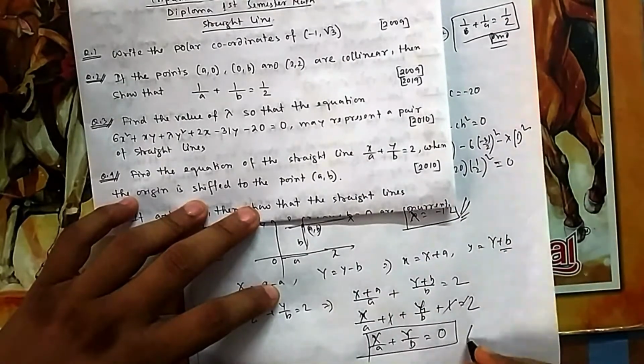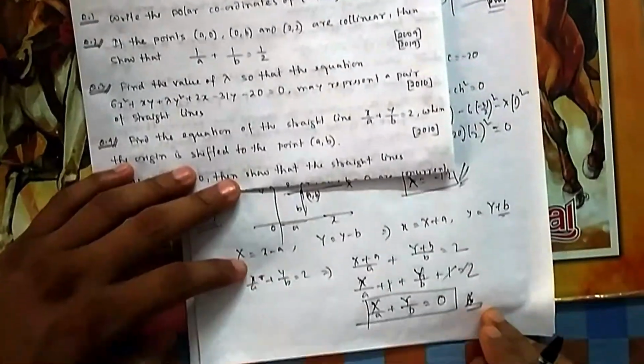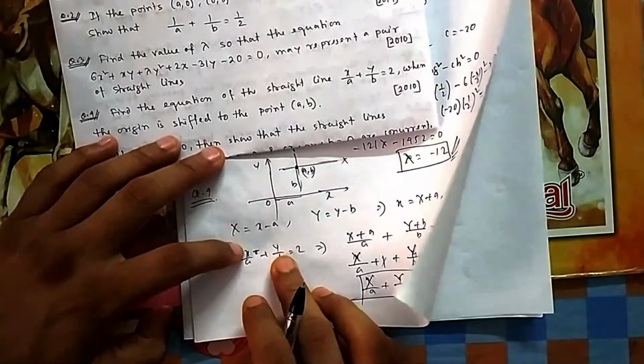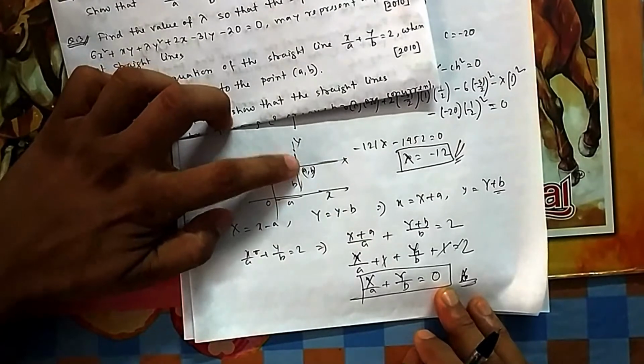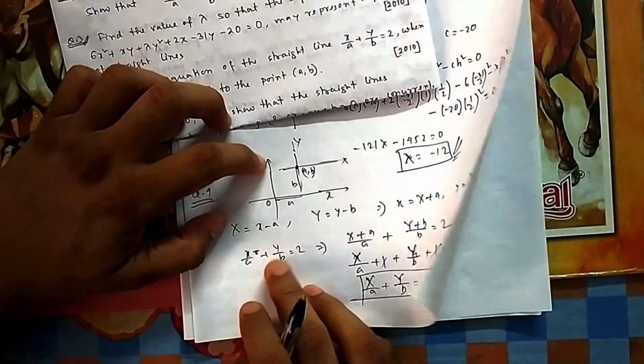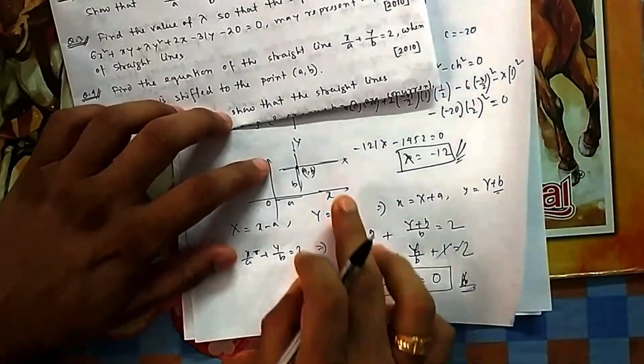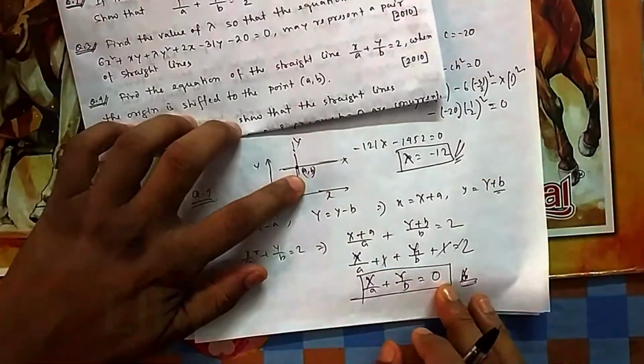So this is the new equation. This is the equation in the new axis. This is the equation in the old axis. Because if you think in this respect, then this is the equation of that line. If you think of this aspect, then this is the equation of that line. It is the same line only. But if your axis is this, then the equation is this. If your axis is this, then it is this.